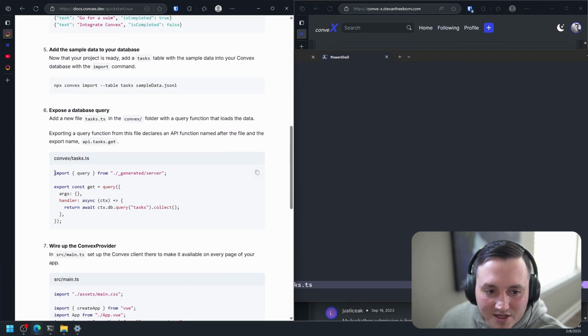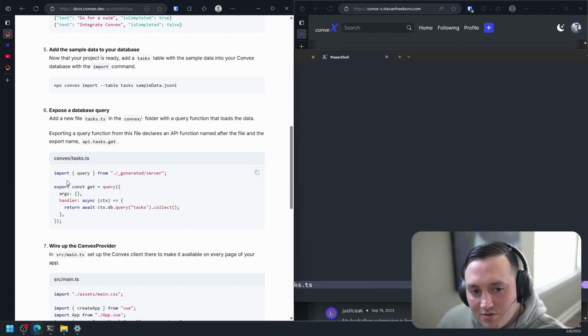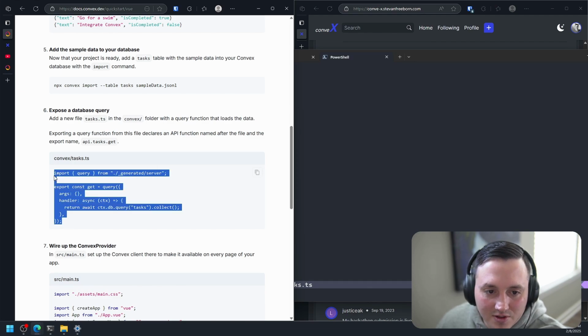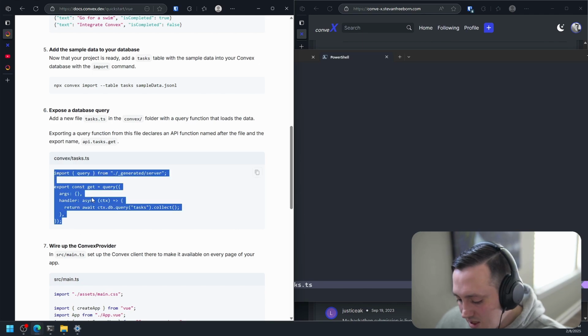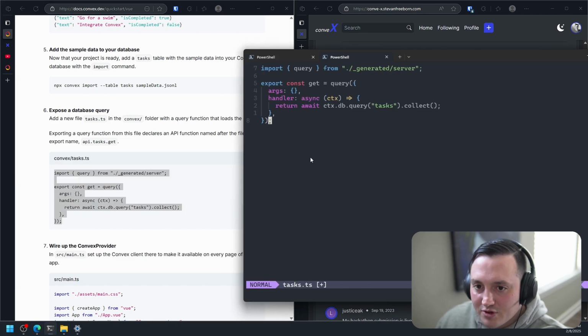What this code is basically doing is it's going to allow me to query that table of tasks and return it. That's essentially all it's doing. And this can be strongly typed, right? You can actually have strongly typed returns, so you know exactly what is on your task object. But this is just the simplest way to talk to that Convex backend and get your data out of there.